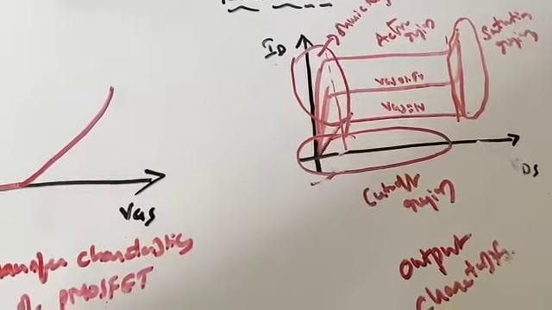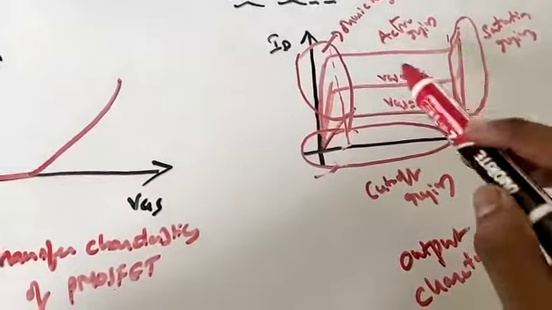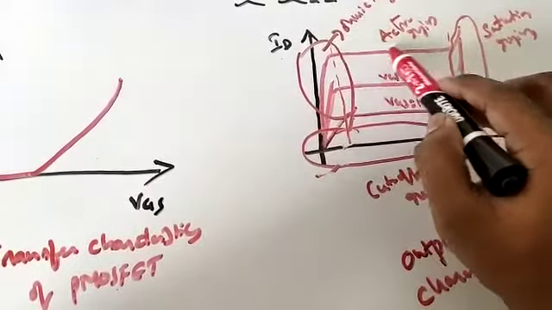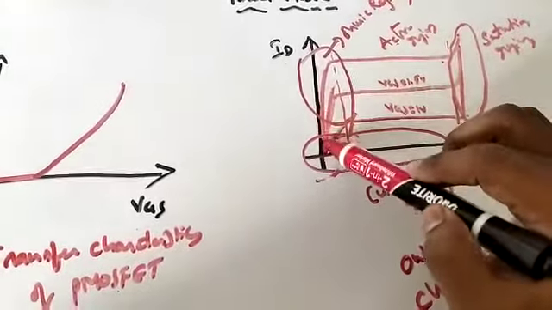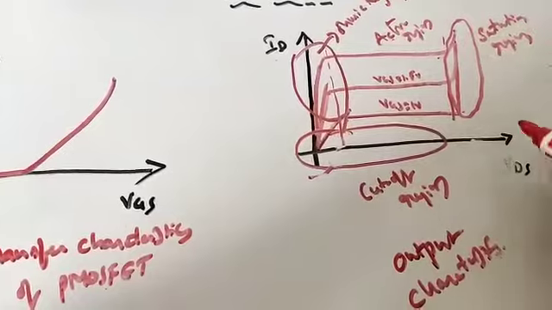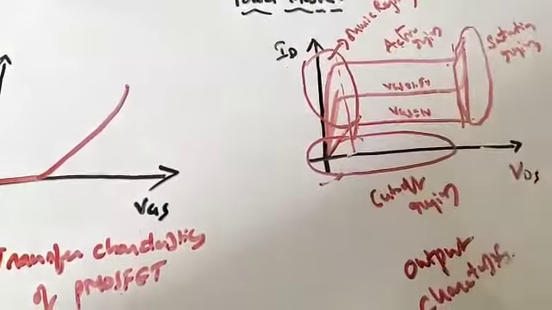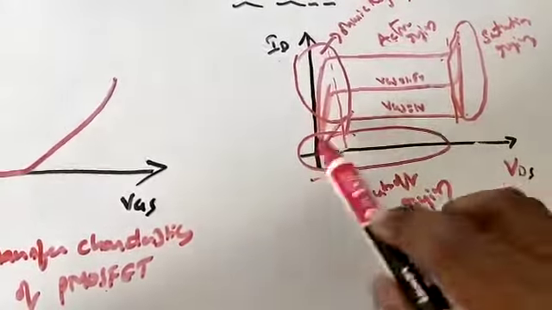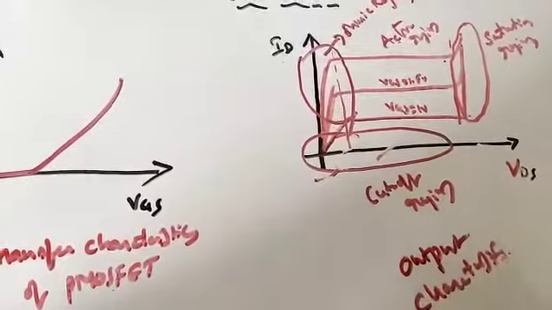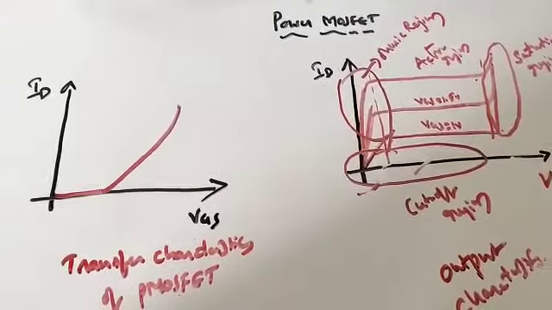So if you clearly try to draw the things, the constant region is known as active region, and as we are increasing voltage, the current is going to be increasing, so that is known as ohmic region. So after breakdown, it is known as saturation region. Here there is nothing to be conducted, that is known as what? Cutoff region. So these are the characteristics of power MOSFET, right?